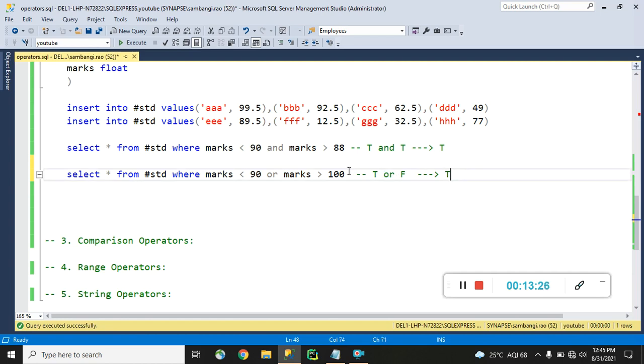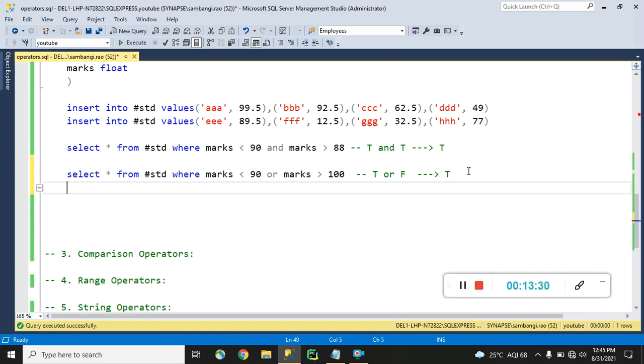With the OR operator, if both sides of the condition are false, false or false, then only the final result is false.